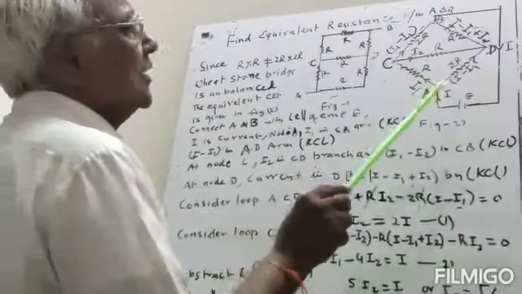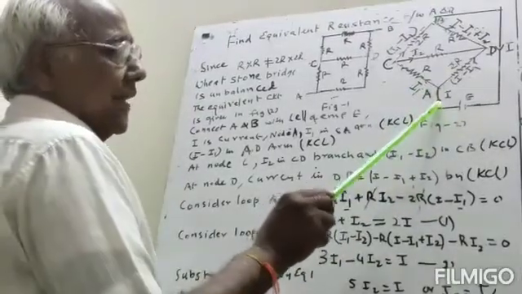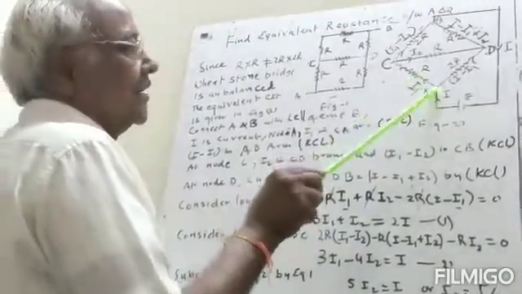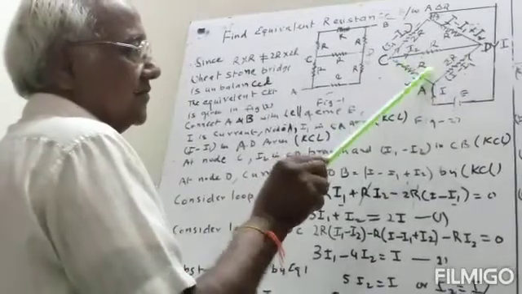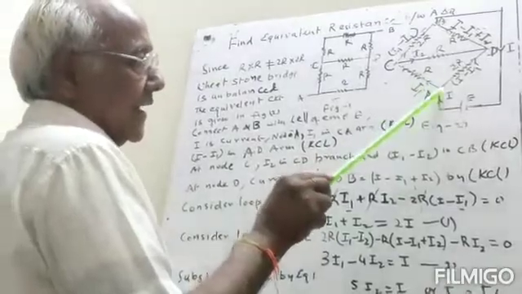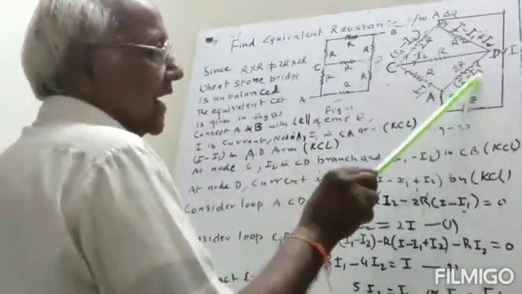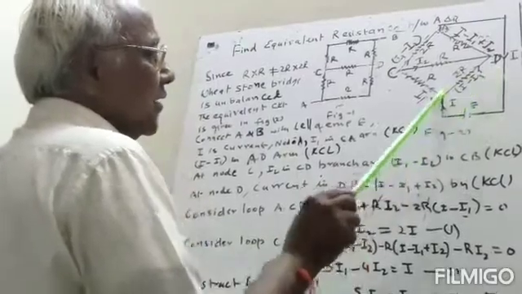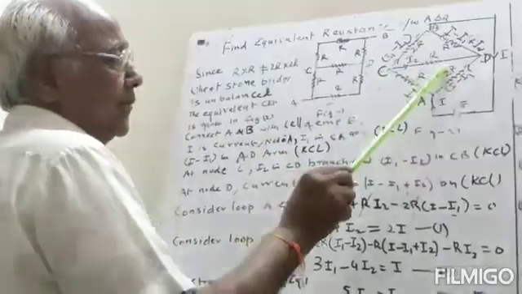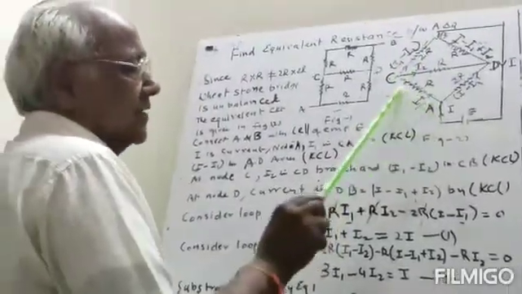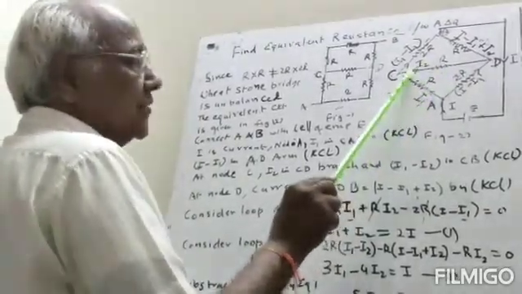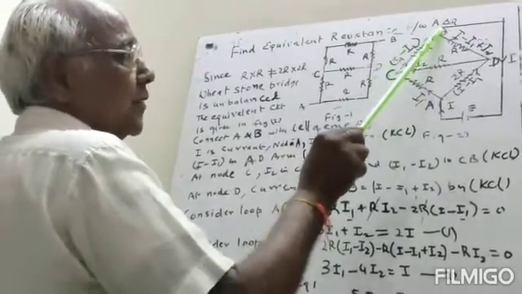So at the point A, we start, I is the current from the battery. Here I1 current is passed through A to C, then by Kirchhoff's current law, the rest of the current will be I minus I1 in the CD branch. At this node C, again the current is divided. Incoming current is I1, and let I2 current go to this side, then the rest of the current, I1 minus I2, will be in this branch.